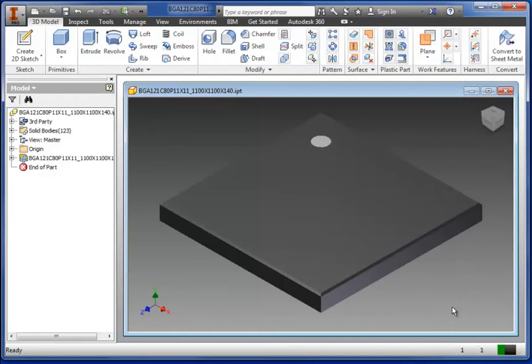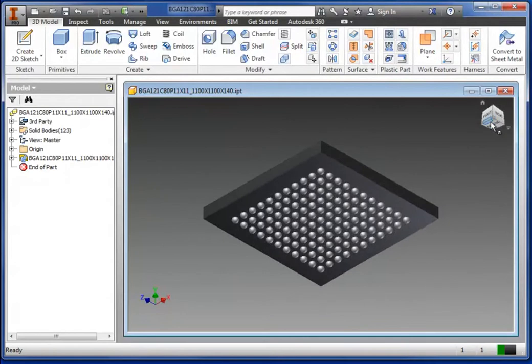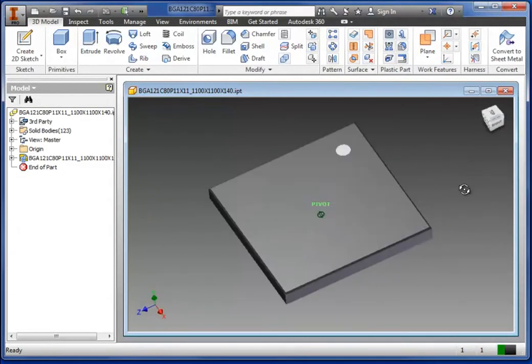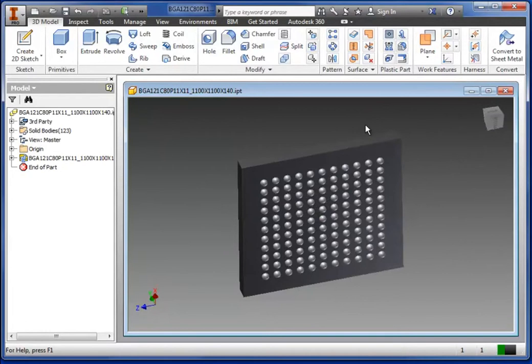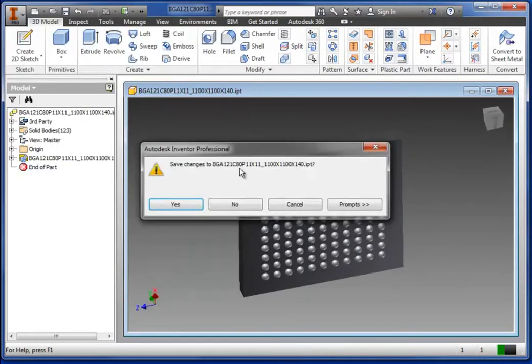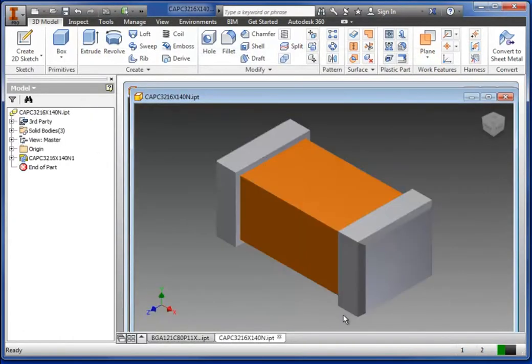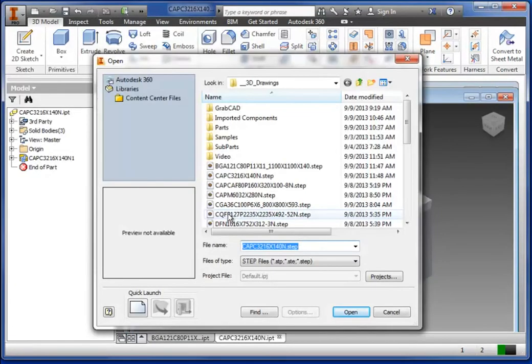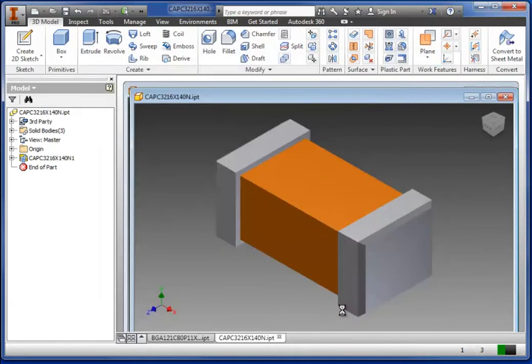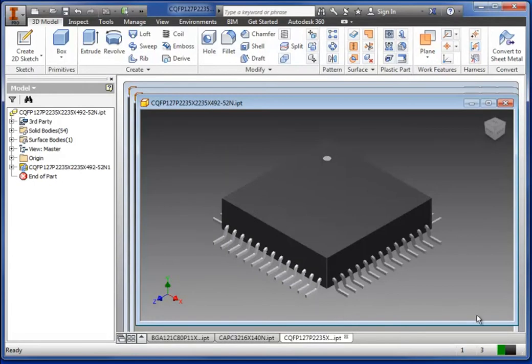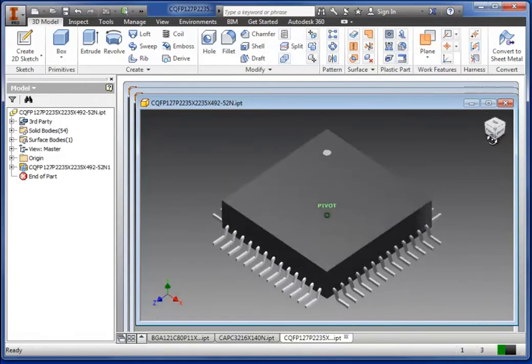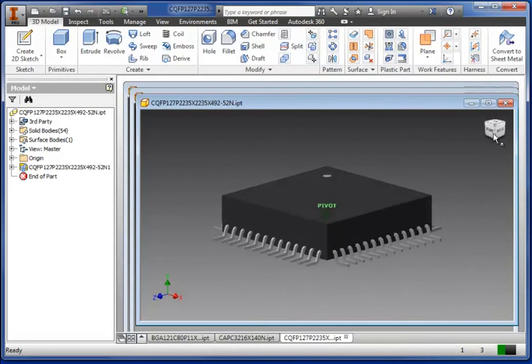And selecting the 3D Step Model for the BGA package, let's browse the package that we previously generated with the 11 by 11 matrix. Moving back to the import, let's import several other step models previously generated. Selecting the cap component, notice that the 3D model is auto-generated with user-defined color patterns. In this case, we selected orange for the capacitors, blue for the inductors, a brown color for the transistors, and other user-definable color patterns. Browsing the CQFP, notice the automation of the marker code for the pin 1 and the